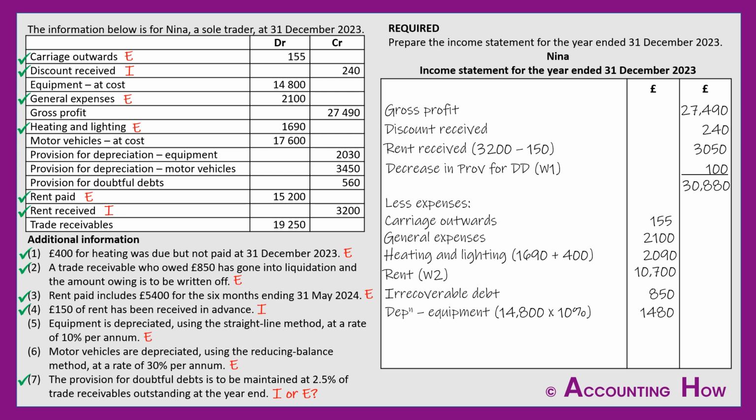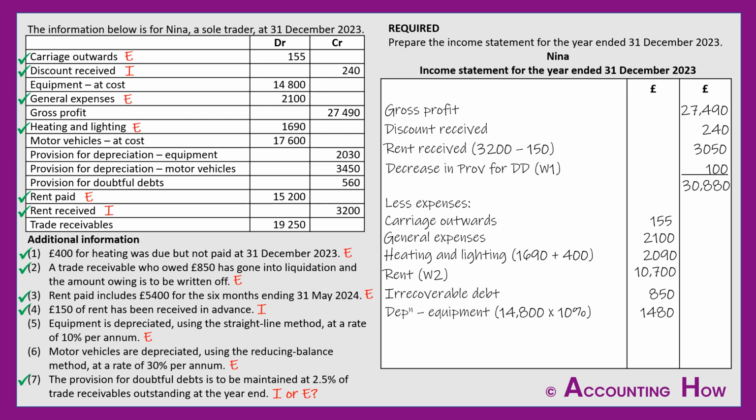What's important just to note here is that the 1,480, that's just the charge for this year. That isn't the total balance of depreciation that she's done on equipment. That's the bit more, because it's got a bit older, a bit more wear and tear this year. We're writing off another £1,480. And in the income statement, we just put in there the increase, the extra amount that we're writing off this year. If you look back on her trial balance, you will see just over halfway down, it says provision for depreciation on equipment,